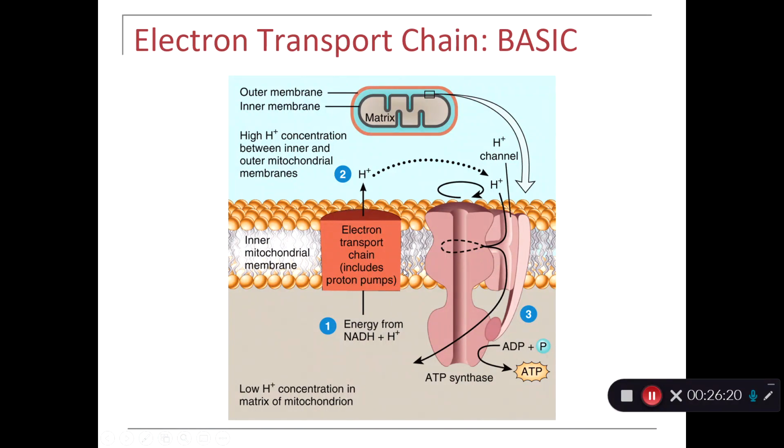This entire process of multiple enzymes and multiple protein channels puts hydrogen between the outer and inner membrane of this mitochondria. By doing so, they are making a proton concentration gradient. And these things want out, and they want out now because, remember, no one likes to be in heavily concentrated